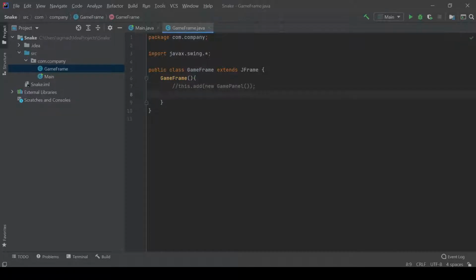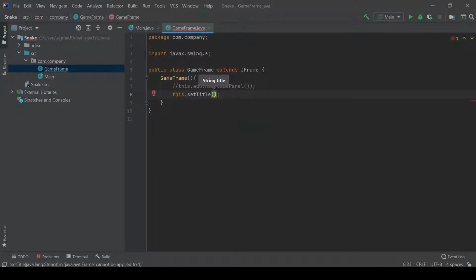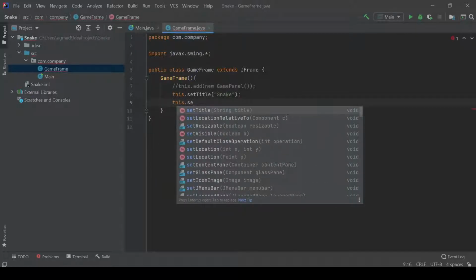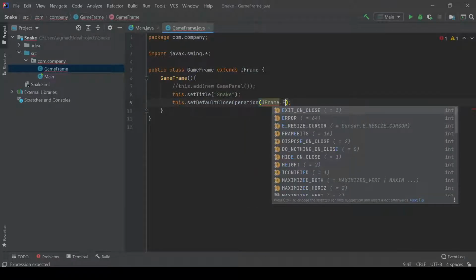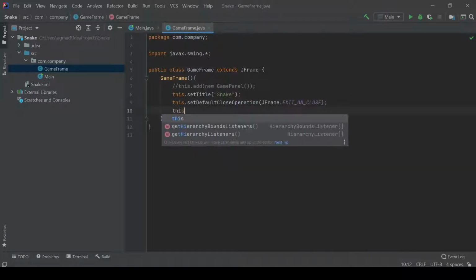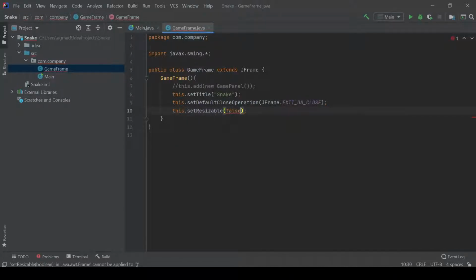The next thing we'll do is set the title. So the reason we're using this instead of JFrame is because it's already extending a JFrame, so the whole class is acting as a JFrame, and by using the this keyword it's referring to the class. So this.setTitle("Snake"), this.setDefaultCloseOperation(JFrame.EXIT_ON_CLOSE), this.setResizable(false),